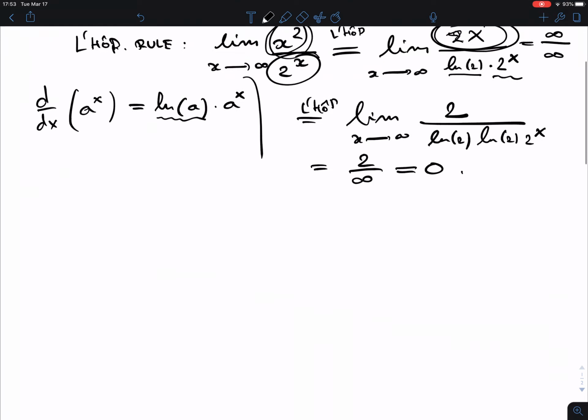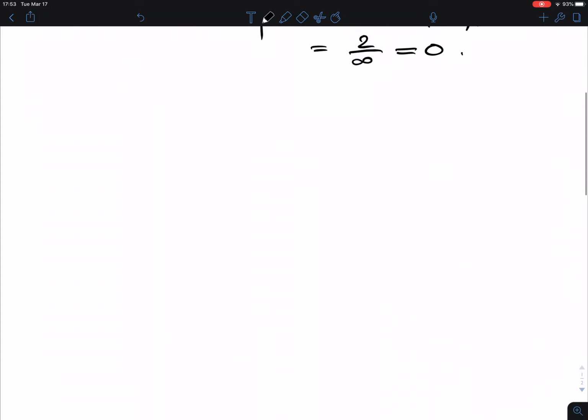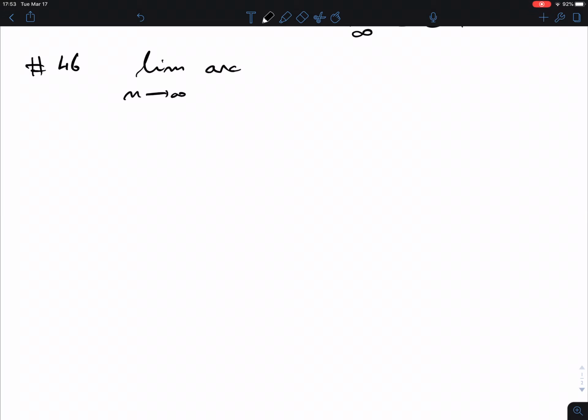Okay, the other question was number 46. That asked us to calculate this limit for n going to infinity. The sequence was inverse tangent, but remember I prefer arctangent, of n squared. If I plug in infinity,